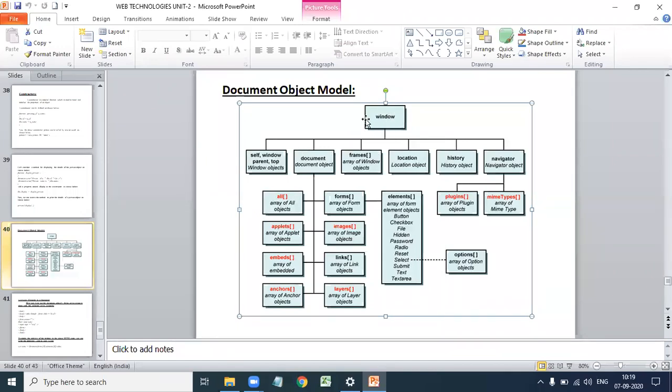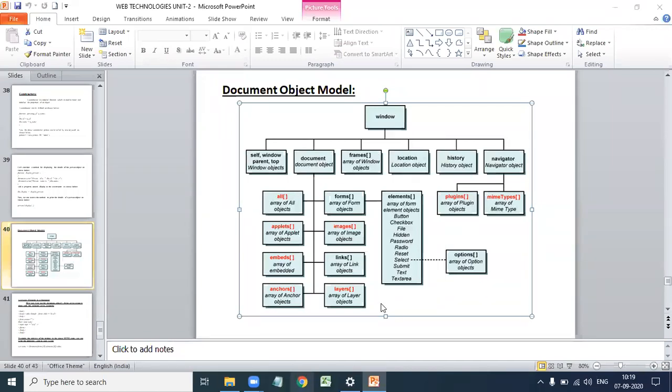Next, in the window, there are some window objects. Next, the document object. Whenever an HTML document is loaded into the window, it becomes the document object.